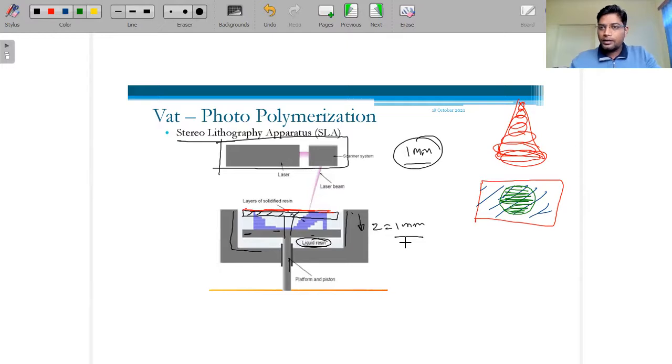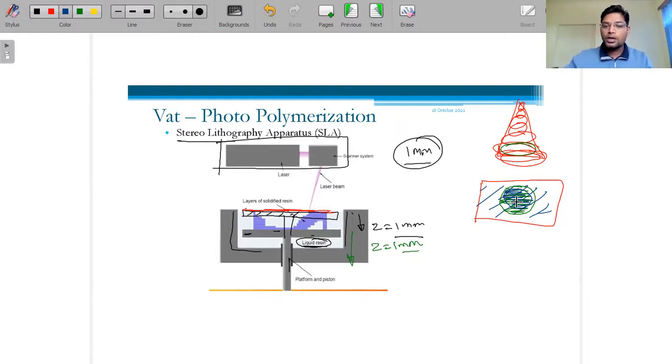Now again, this 1 mm is solidified. Next, we have to give the feed to the piston, again z equals 1 mm. Initially there was 1 mm, now another 1 mm, so it equals 2 mm. Now we will deposit the second layer. In the second layer, if you see, the diameter has been reduced, so this reduced diameter will be solidified, and the rest of the material will be liquid only.